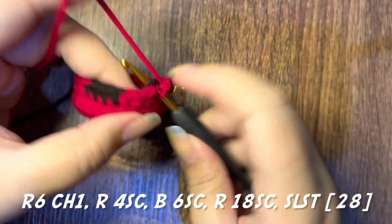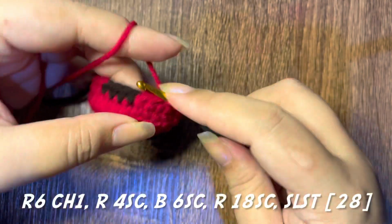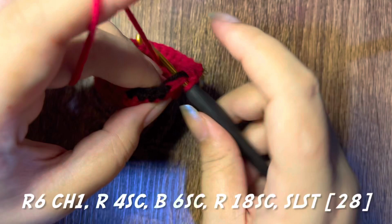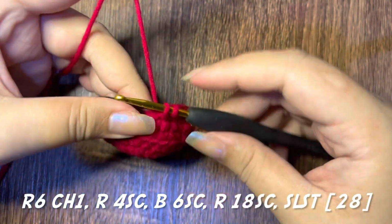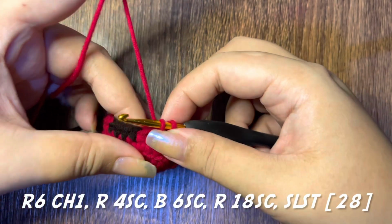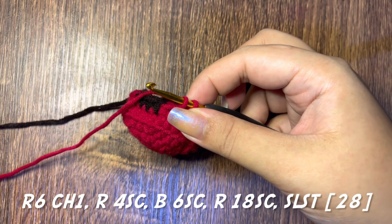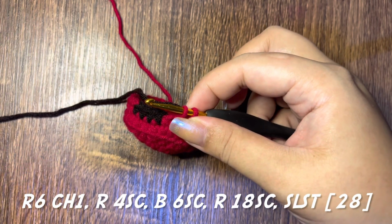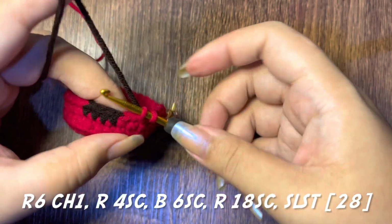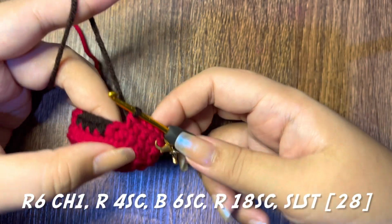Now for the next round, we're going to continue with 4 single crochets in red. Make sure that the 4th single crochet is incomplete because we are going to pull through the new color. So that's how we do the color change. You always do the color change 1 stitch prior to where you would be needing the new color. So in this case, make an incomplete 4th single crochet and then pull through the black yarn,